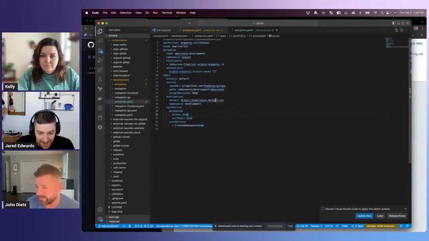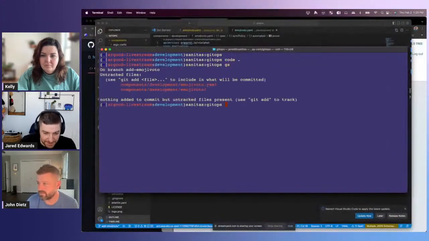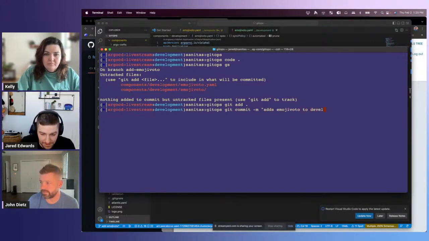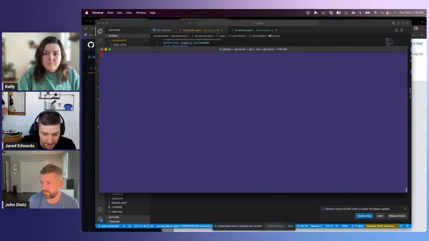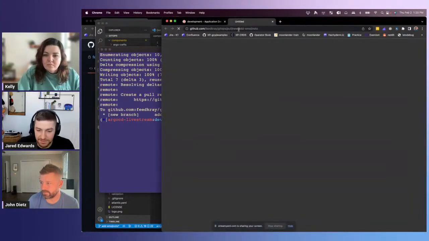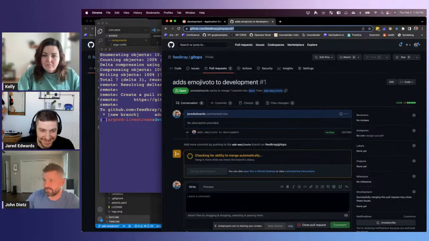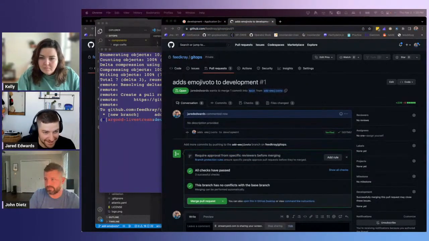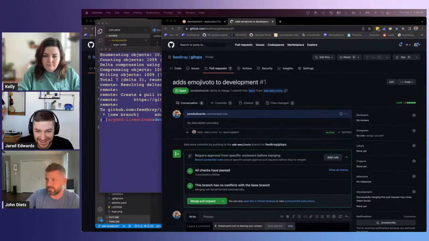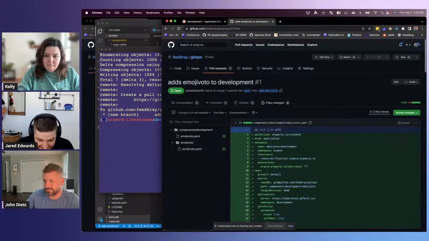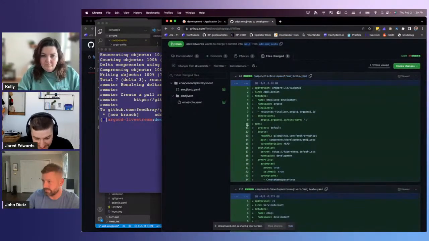So if I were to save that here and drop into my terminal really quick, we can see the two things that we needed to add to get this, and I'm going to add. All right, and then I'm going to go open this pull request really quick, which I'll send over to John in Slack for discovery. And if we just do a quick review while he's getting an approval on that,